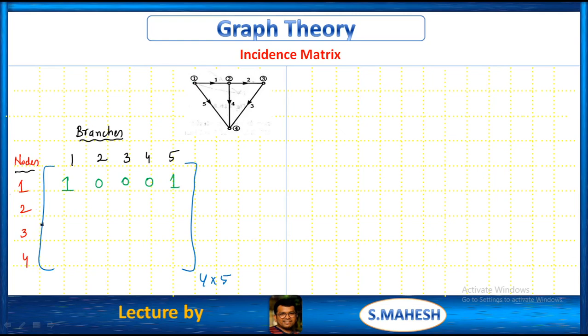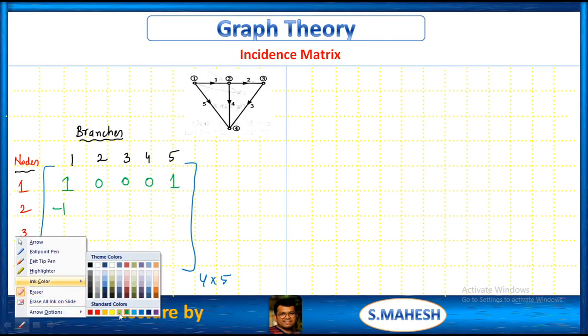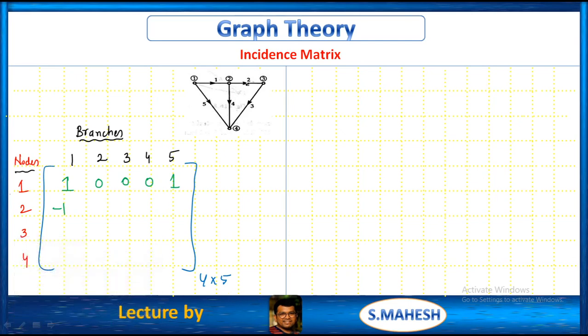Like that, you will get minus 1, sorry, 2 2, branch 2 to node 2. See, branch 2 to node 2, it is away from that node 2, 1. Like that, this is 0. Now 4 2, away, 1. Like that, 5 2, no. Like that, 3 1, there is no orientation, there is no connection. Like that, and 3 2,